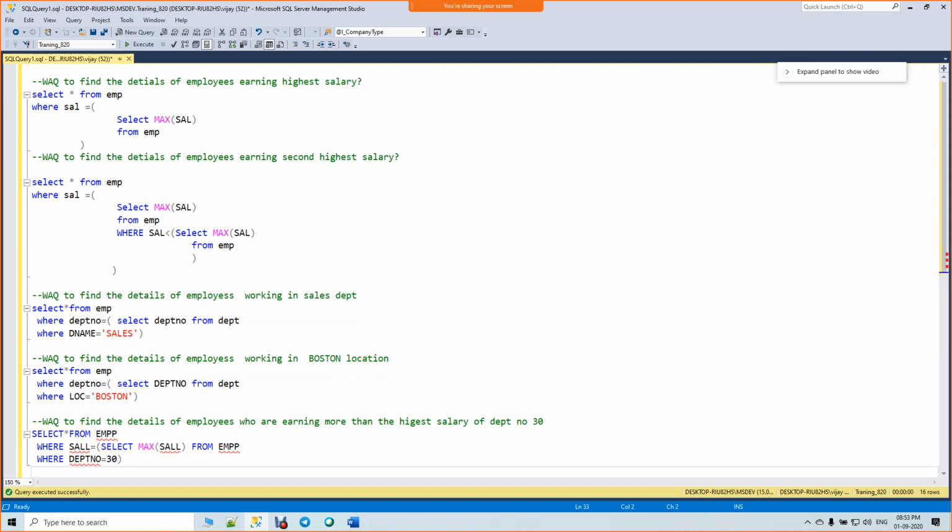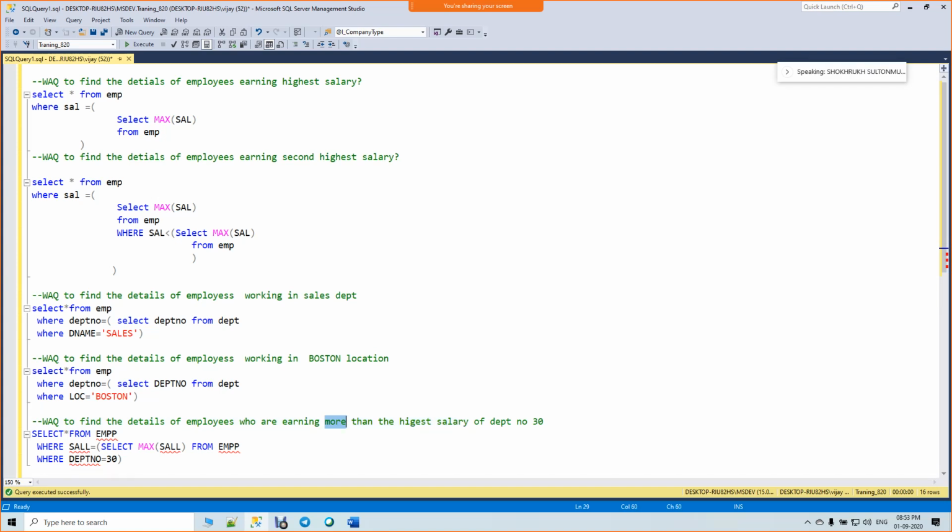It's not correct. Can you reiterate, please? Listen, here the condition is more than the highest salary. Greater than means what will you do? Greater than or more than, both of them?